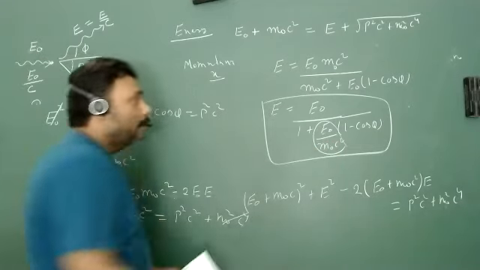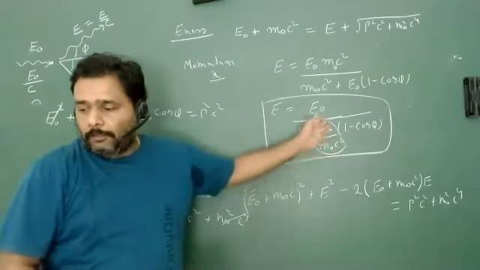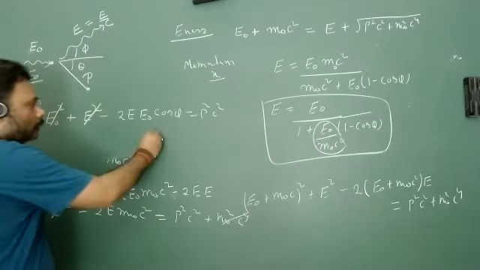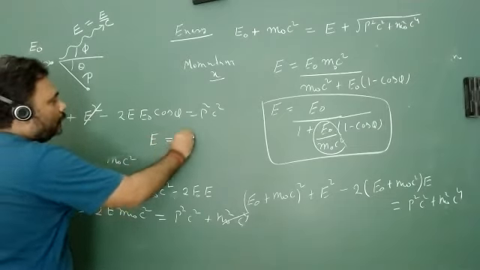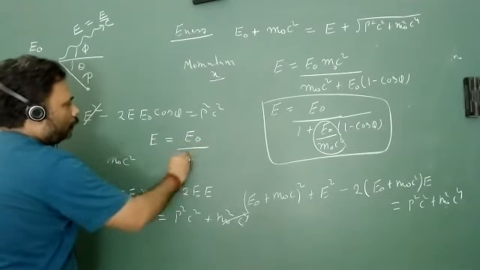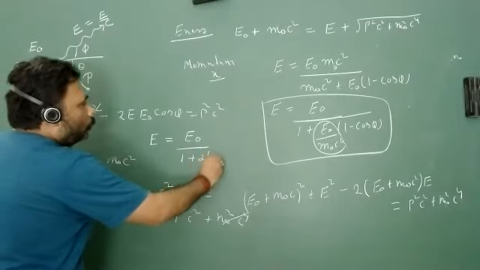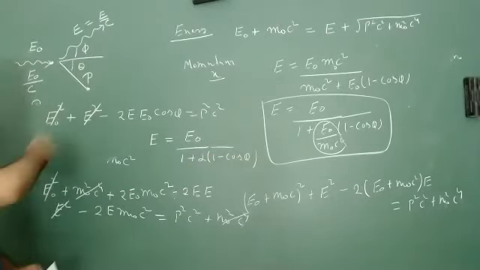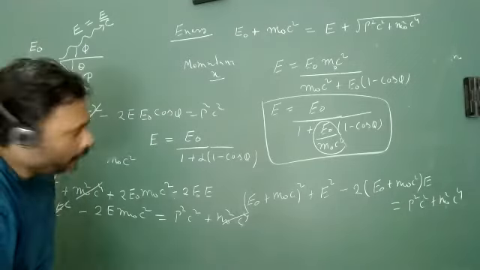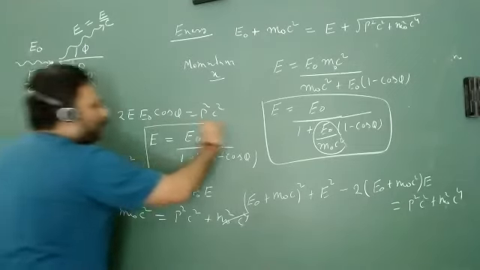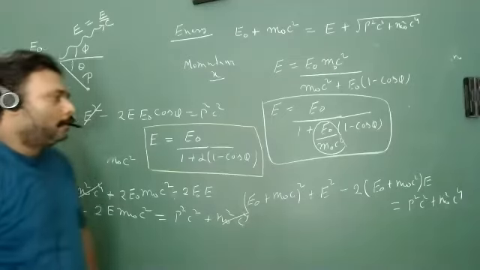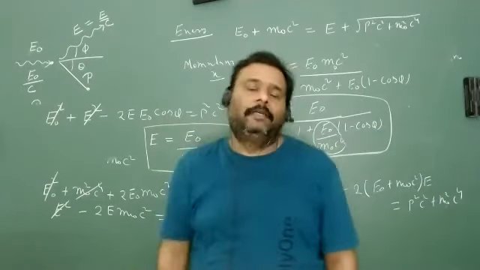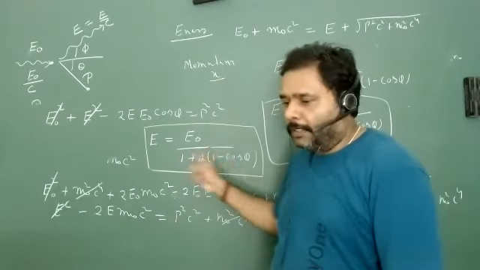So in some examination they can give you the ratio also, and then they will ask what will be the value. So this is very interesting. You have to remember this formula: E is equal to E naught 1 plus alpha 1 minus cos phi. In the examination, you cannot do this much calculation. So you have to remember one new formula, and this is the modern formula of Compton effect. This is the actual formula for the working of Compton effect. So this is a very important formula.